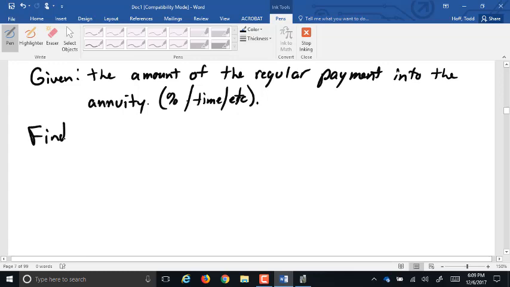If we want to find the future value, in other words, the ending balance,